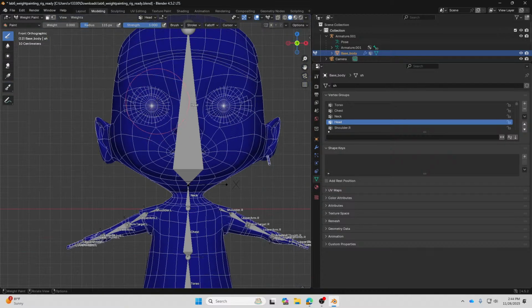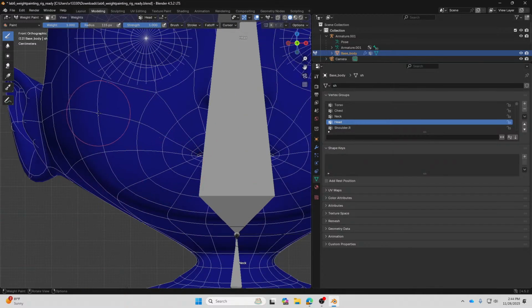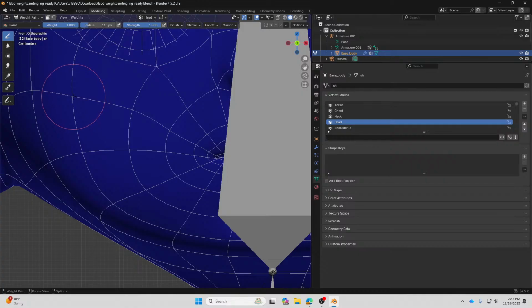So you see the body of the character over here is fully blue, and basically we have no influence from the head bone on the body. If we increase this value to 1 and keep the strength at 1, and we try to paint on the vertex over here, in weight paint you need to paint on the vertex, which is the point.